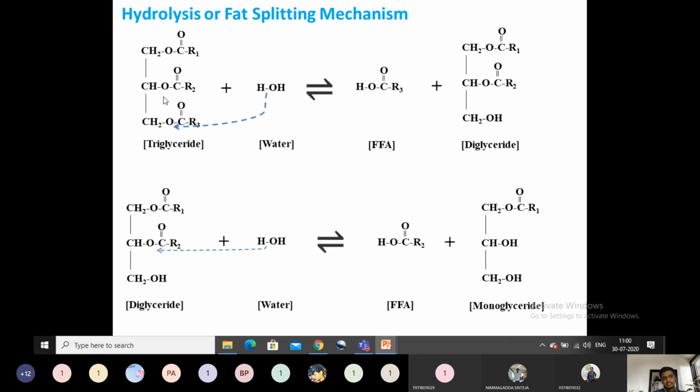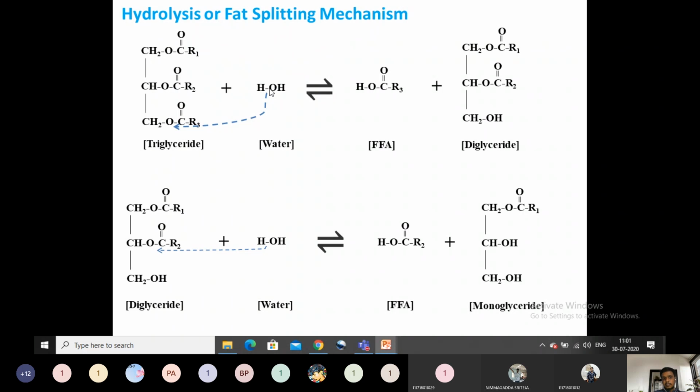Yeah, we need to break this triglyceride molecule into three individual fatty acids, nothing but free fatty acids, and one glycerine backbone. We need to break this one. This is called hydrolysis. Breaking of triglycerides into individual fatty acids and glycerine is known as hydrolysis or fat splitting. So this is a triglyceride molecule which is there in the oil or fat, which we are supplying as a raw material. Then it will be